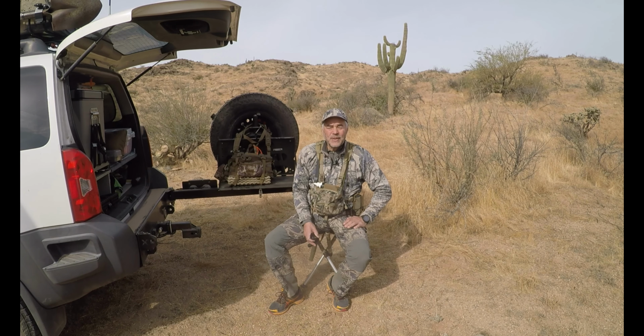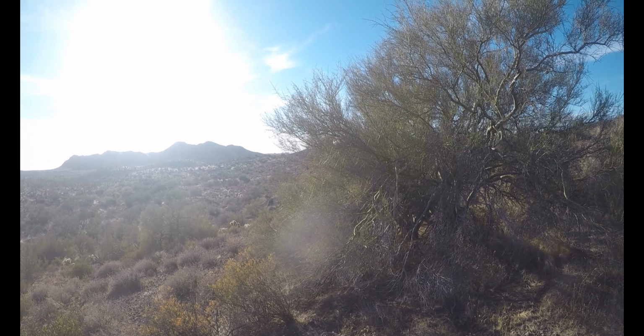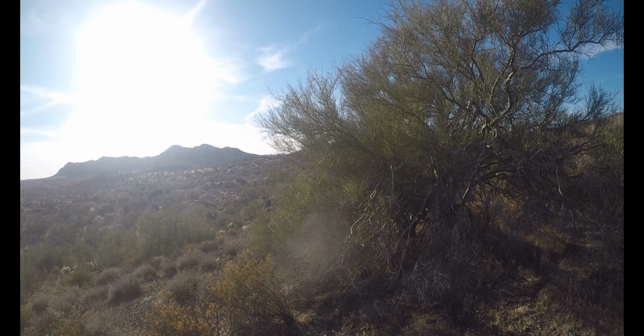And the Coues deer are not rutting yet. Those bucks aren't rutting. I spent Saturday and Sunday glassing up a lot of Coues does, and there weren't any bucks with them. The one small 2-point buck I saw was high on a ridge with no does near him at all. On this ridge line, I saw this pretty interesting chaparral bush, so I stopped over here,